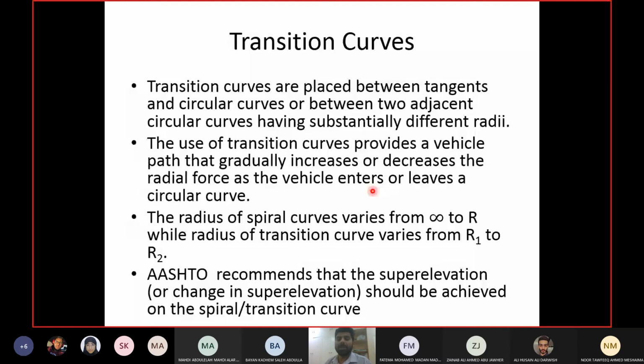Now, if you are on a straight line, you are going on a straight section. So what is the radius of a straight line? I would say 0. So you are wrong. 0 means a point. Only a point can have a radius of 0. On the other hand, a straight line has a radius of infinity. Why? Because it's very large.